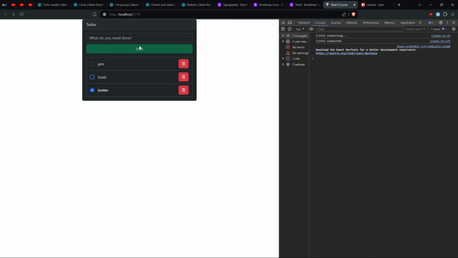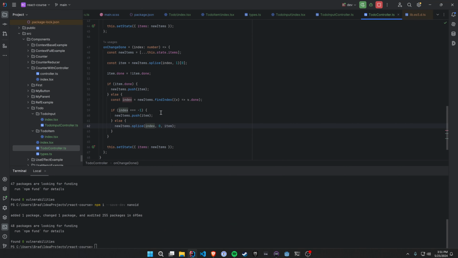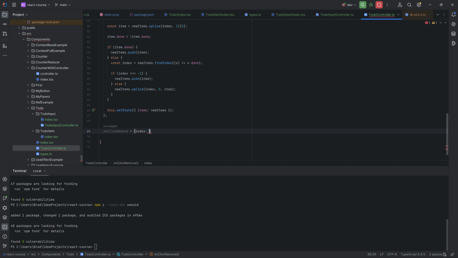Okay, that's looking good. Now what we have left to do here is when we click this delete button that it will delete our little to-do. So let's go ahead and add that as well. And we'll use an onClick. You can call it delete or remove, not really that important. And then it'll just take in an index, type number,